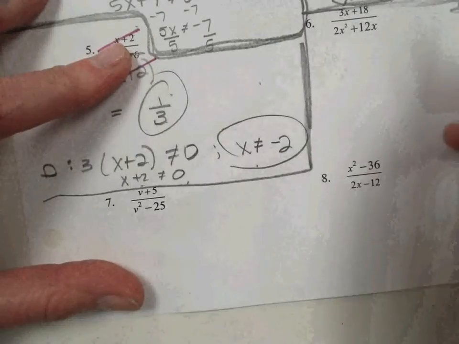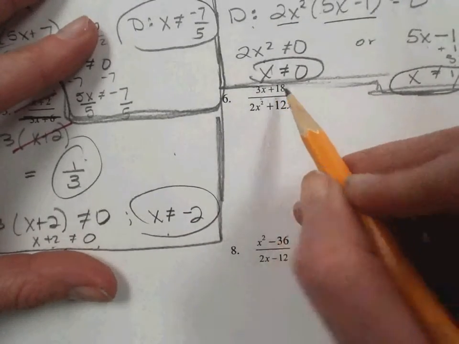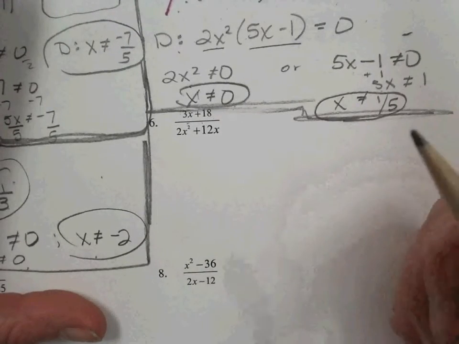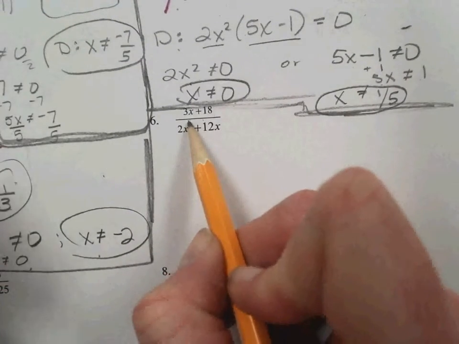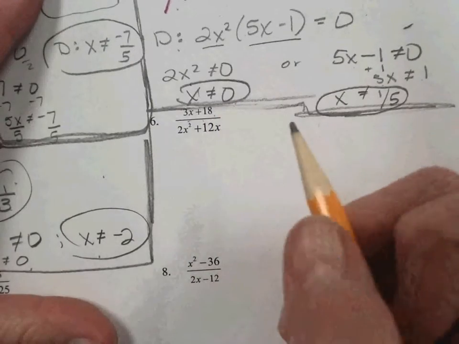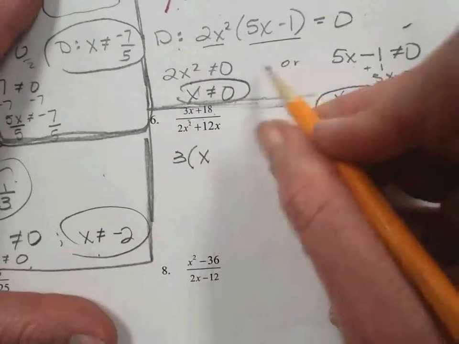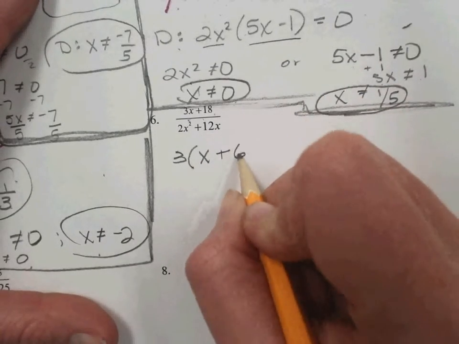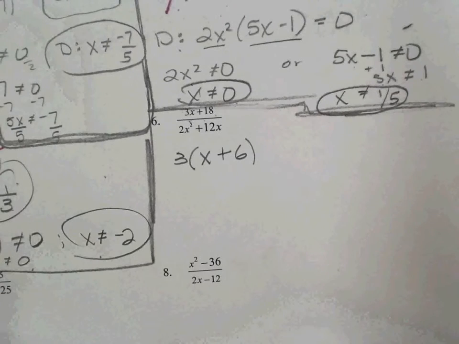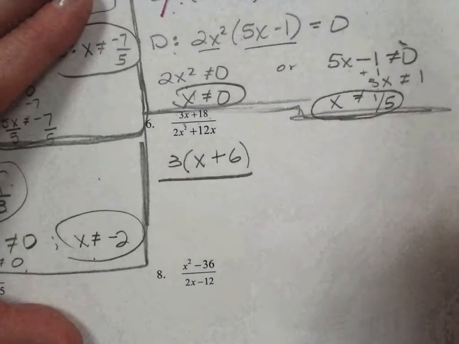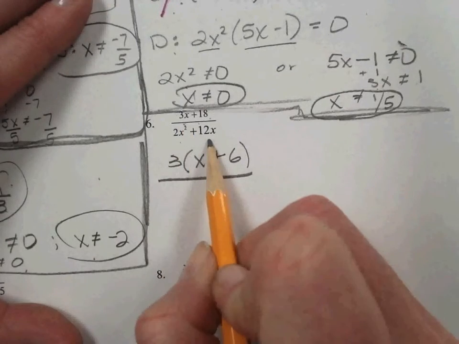All right, this time we have a numerator that can be factored. What is a common factor between 3x and 18, Zach? 3. Good. So I'm going to factor out that 3. I don't have room to write it above. We're starting from the top down. Anything that can be factored should be factored. Previously, we haven't had a numerator that could be factored. This is the first one where we could factor something in the numerator, and then again in the denominator,